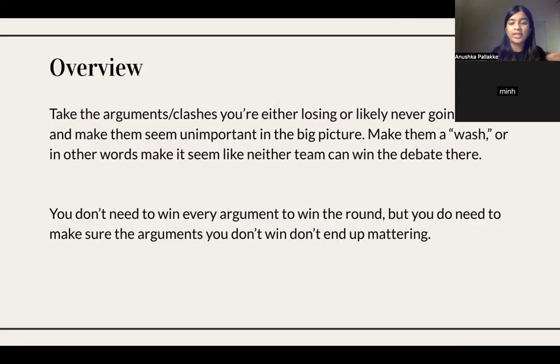This is also key for time management in the LO, because if by the MO you've said these arguments are a wash, then in the LO you can spend all of those 4 minutes proving your ballots, and you just have four uninterrupted minutes of why you should win, and you can go ballot one, ballot two, voting issues. But then the PMR only has 5 minutes to respond to all of your ballots, prove their ballots, and also prove, if their argument has become washed, why it's not a wash. So just very strategic as a general scheme of things.